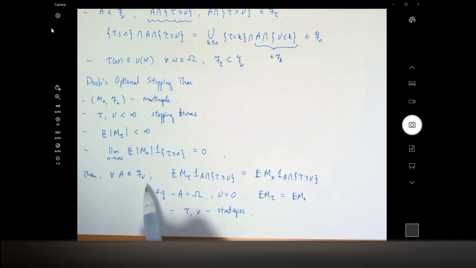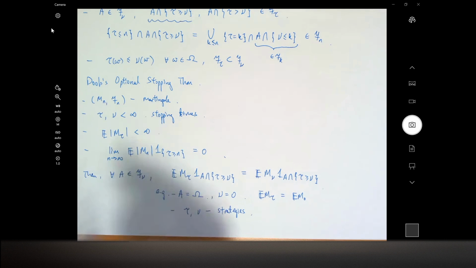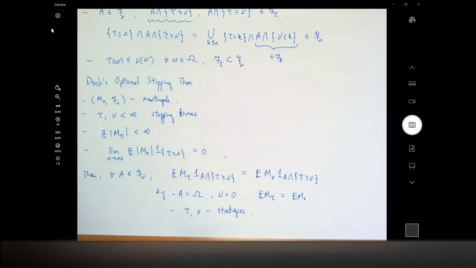Okay, so even in that case, if I give you another competing strategy tau, you can see that no matter what strategy I construct, think of your Mn as your stock price or your wealth, the amount of gain that you are going to get by selling your particular stock. So no matter which strategy I give you, even on the event A, where